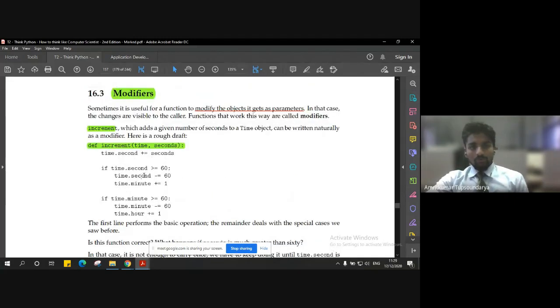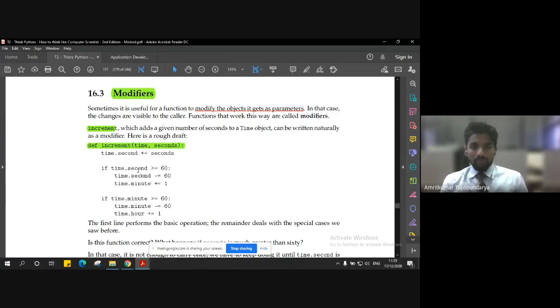So this is the modifier, but as a good programming practice, it is always better to have a pure function instead of a modifier, right? So there are different pros and cons for having a modifier and not having a modifier. There are different advantages and disadvantages to having a pure function, and also advantages and disadvantages to having a modifier as well.